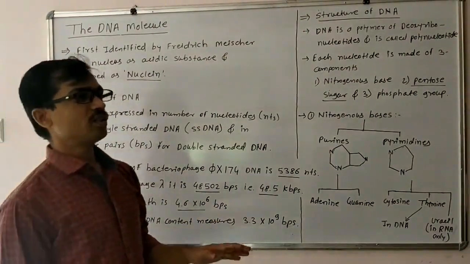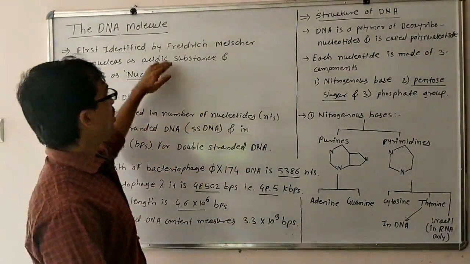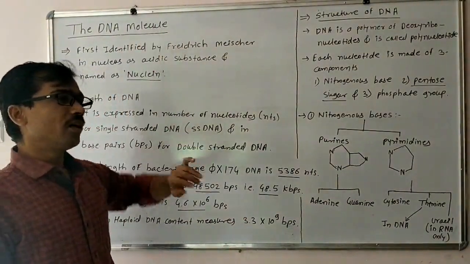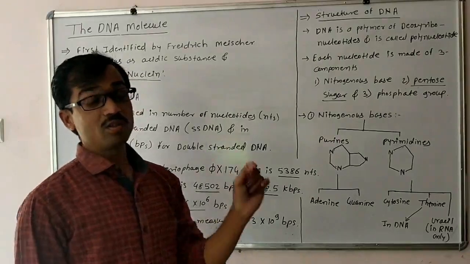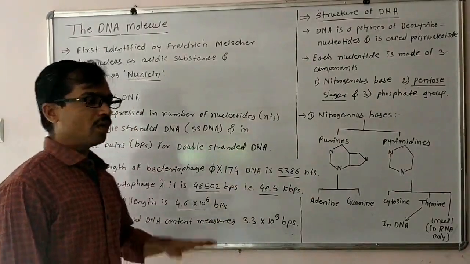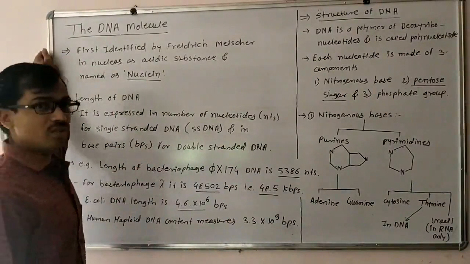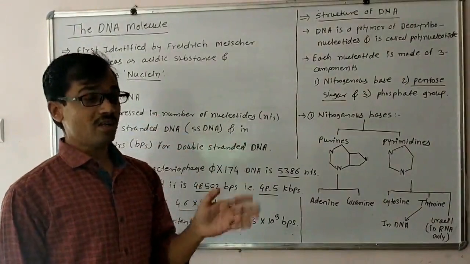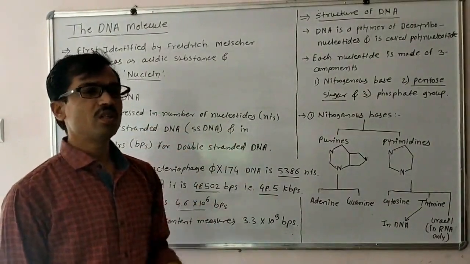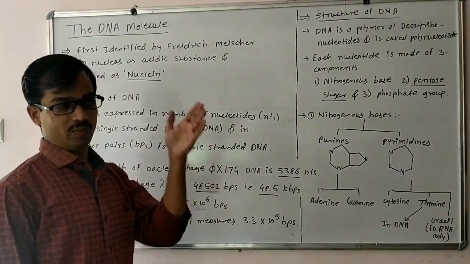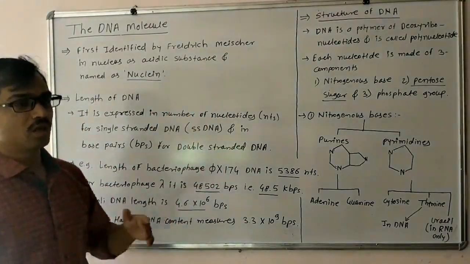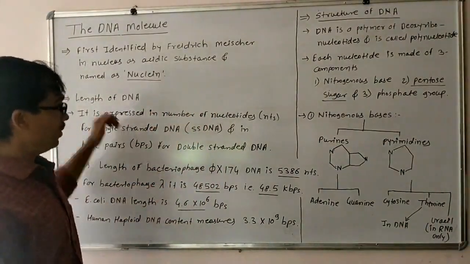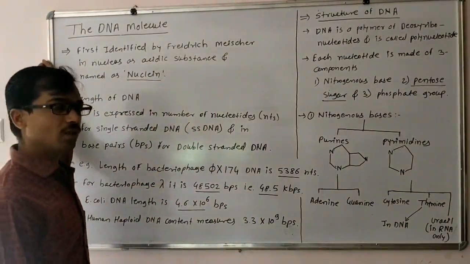If you look at this chapter in your NCERT, this point is given as the first point, and then they have given as a second point the search for genetic material. But I think that sequence is a little bit wrong. First we should clarify what is the genetic material, and once it is clear in your mind that it is DNA, proven due to these experiments, then we should study the detailed information about the